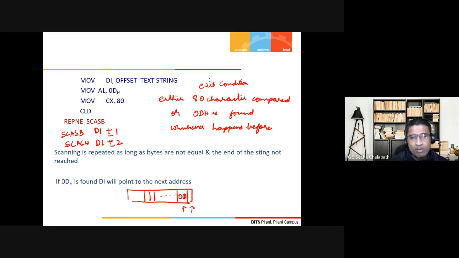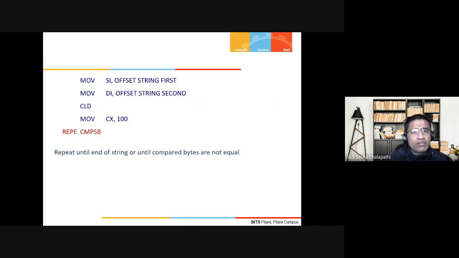So if you want to go to 0D again, you will say decrement DI after SCASB, to actually go back to this particular location. So you have to make an adjustment if you want to go to the character place where 0D is present. Okay, fine.